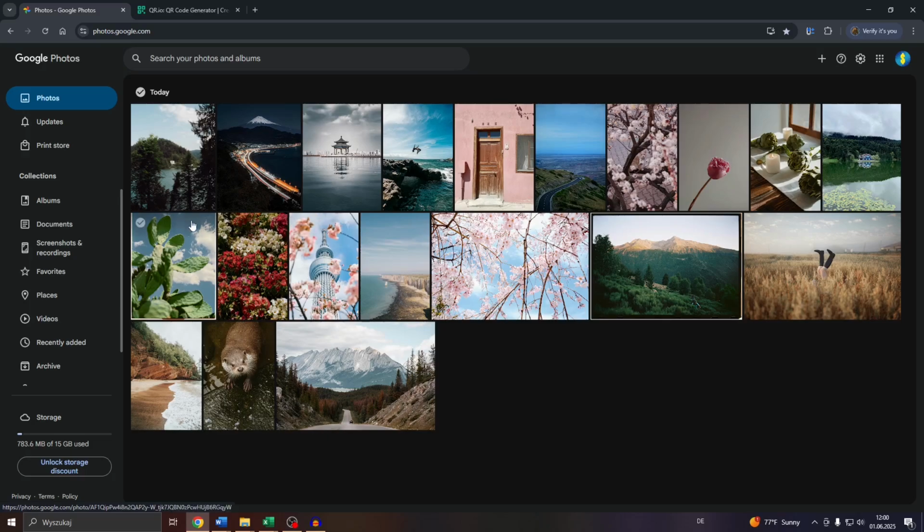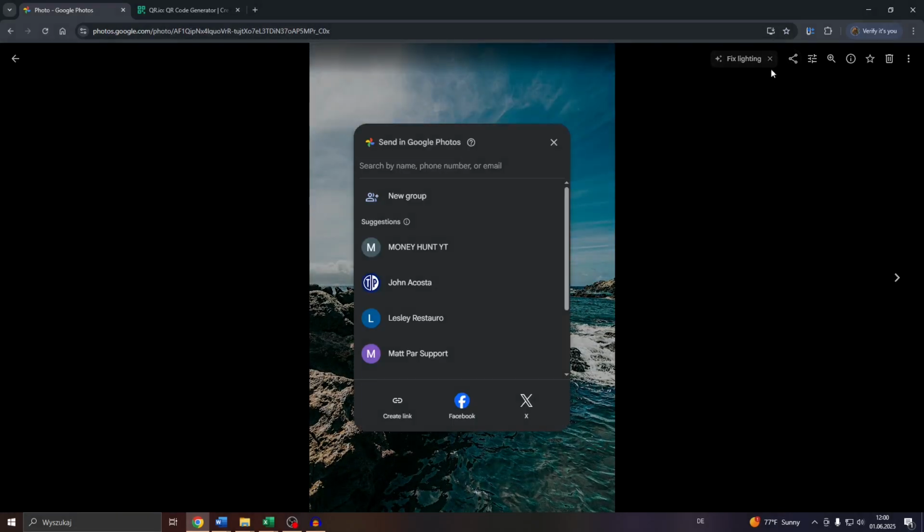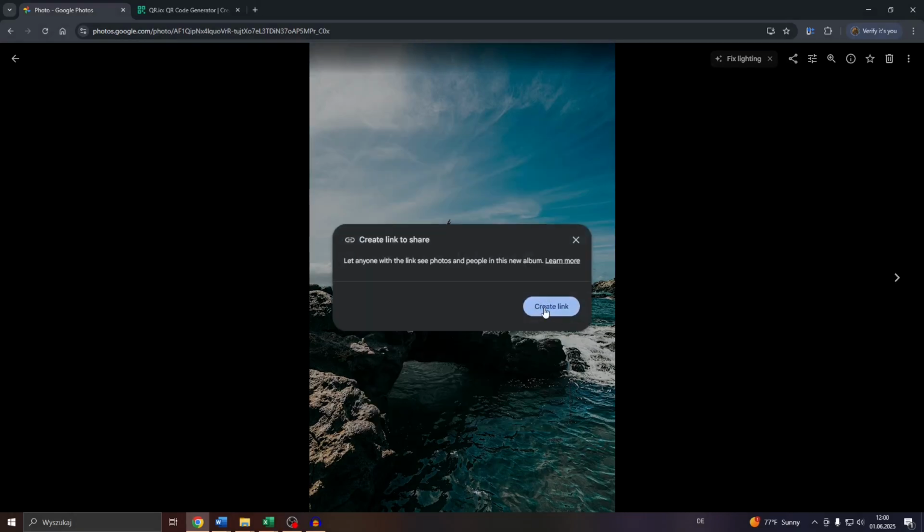To do that, let's say, for example, click on a photo or item like this one here with your left mouse. And after that, click on that share icon here at the top and click on create link here to create a shareable link by clicking on that button. Wait for Google Photos to create that link. And that's basically it. Now you can copy it, open that link in a new tab, for example,